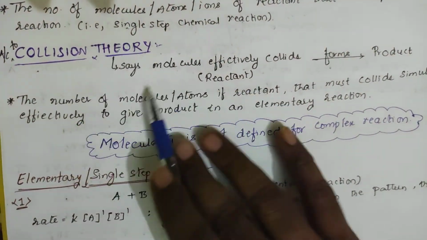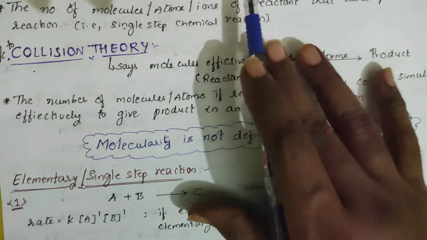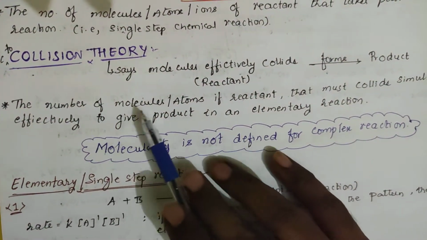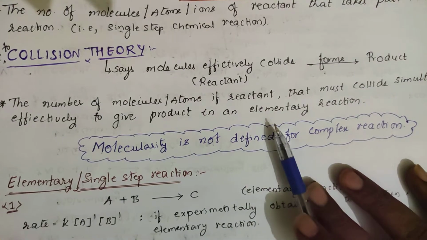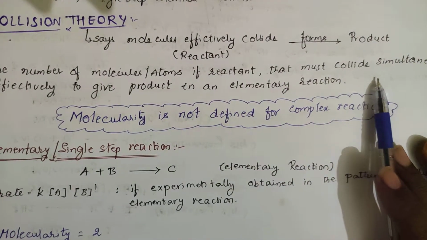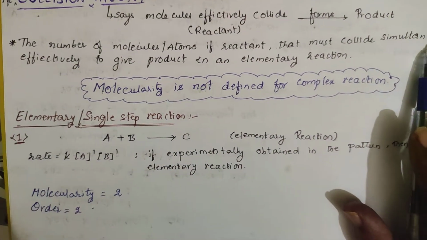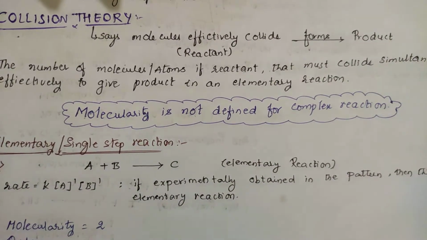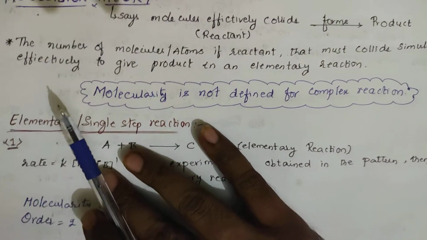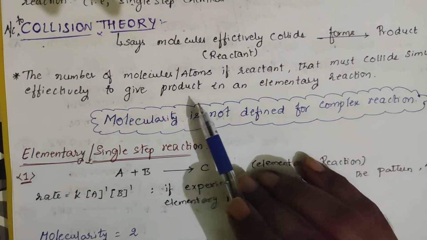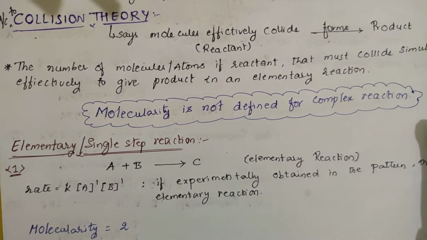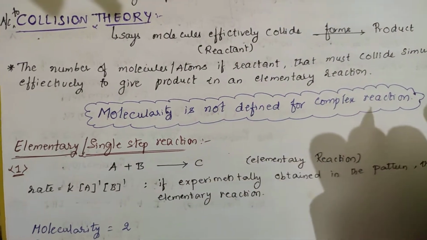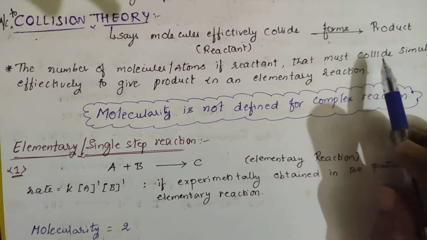So we can indirectly say the entire term for the molecularity is nothing but the number of molecules or atoms or ions of the reactant that must collide simultaneously and effectively. They should collide simultaneously, immediately, and effectively also, meaning they should have proper orientation so as to give the product. In an elementary reaction, meaning a single step reaction, then you can say the